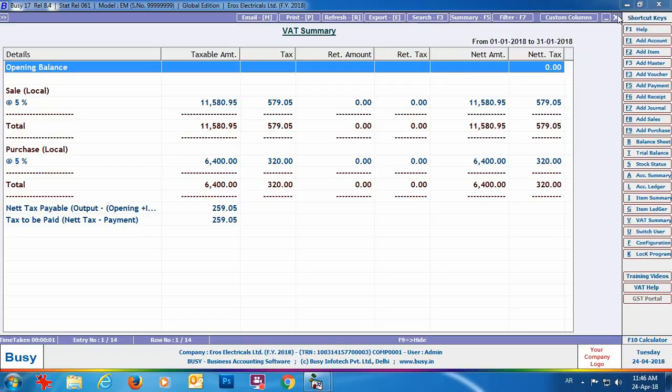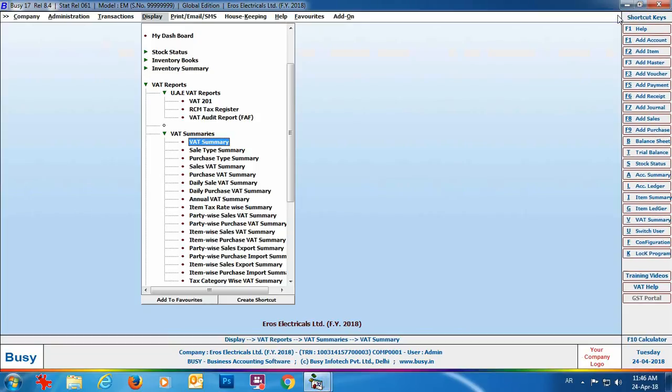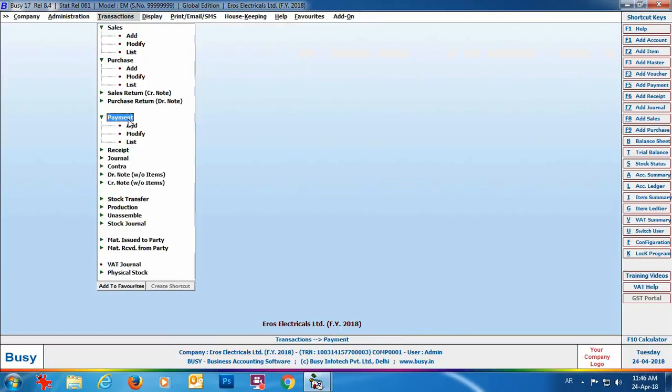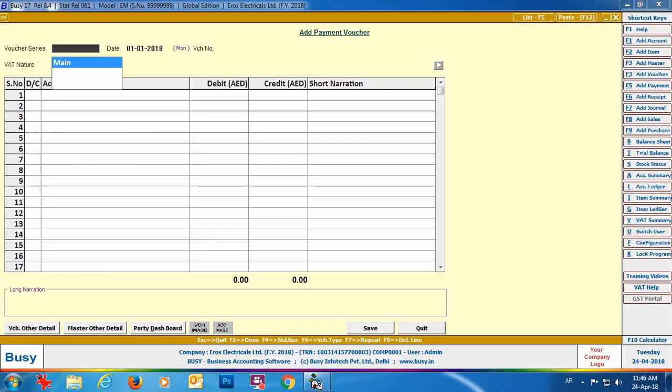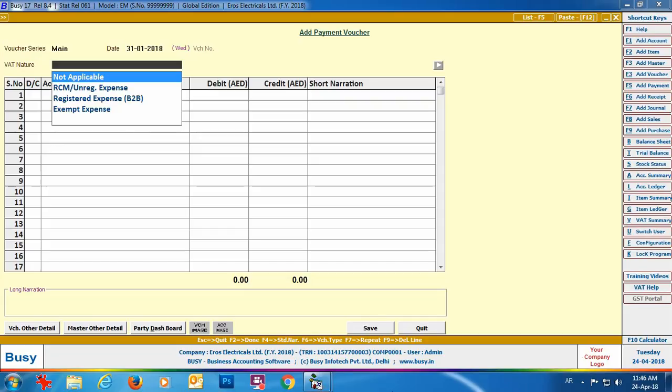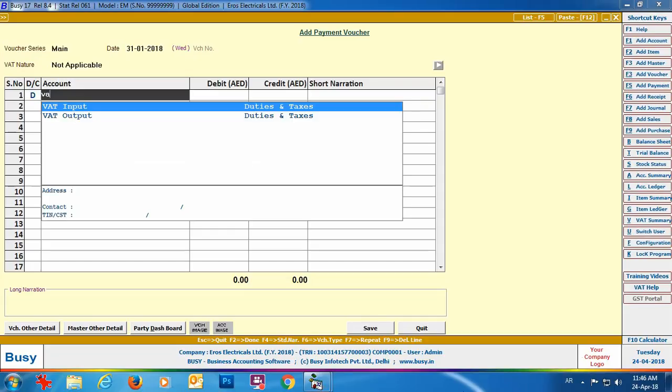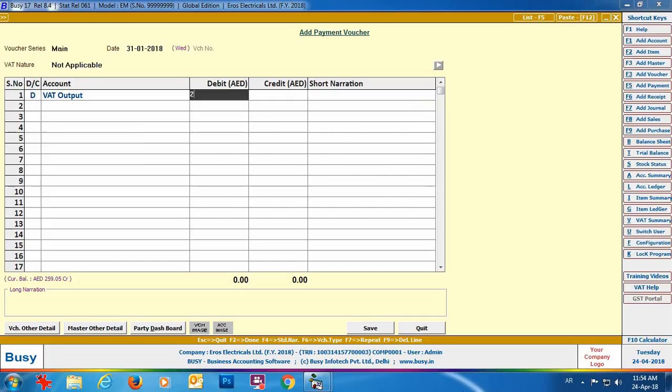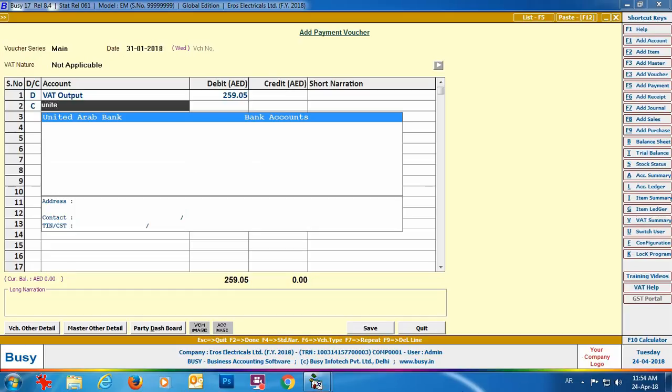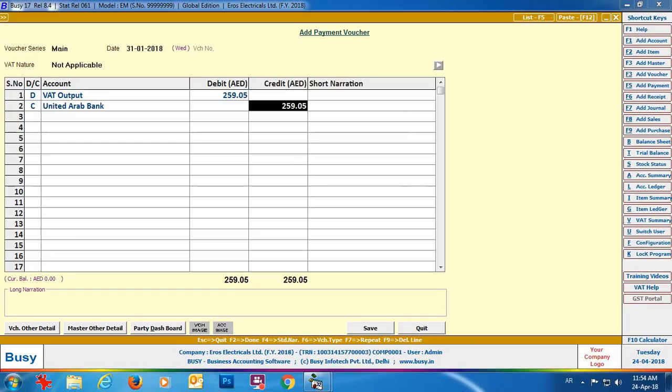Now we'll enter a payment voucher for the tax paid to the government. For this we'll again go to transactions, payment, add option, specify series, date, VAT nature will be selected as not applicable. Now we will be debiting the VAT output account and will credit the bank account. So the amount, this 259, we have seen from the VAT summary,